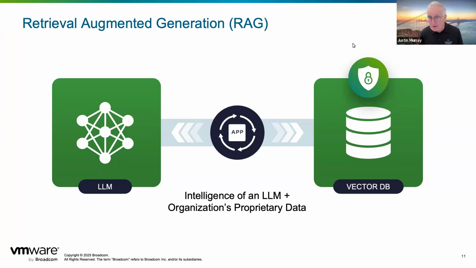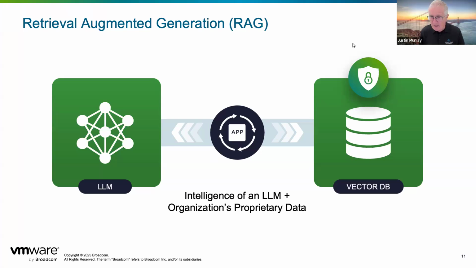But what's going on in a retrieval augmented generation is we're using one of these large language models running on premises, let's say Llama 4 from Meta, and we're complementing it with a Postgres database that we've supplied to you, and we've layered in the vector layer into it. That's called PG Vector.